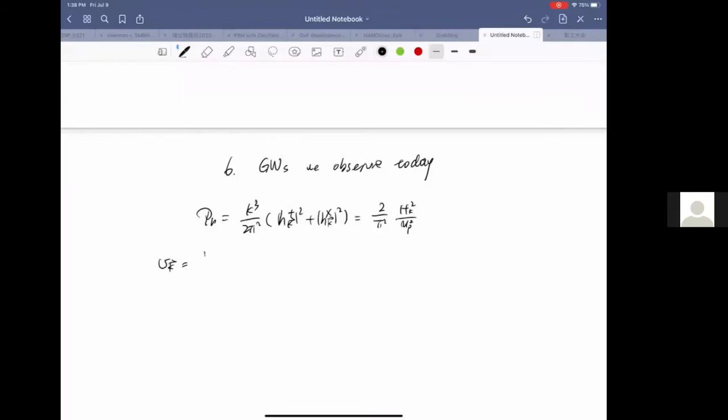This is basically a h_k divided by sqrt(16 pi G). If you like, you can write it in this manner. And then the equation of motion is v double prime